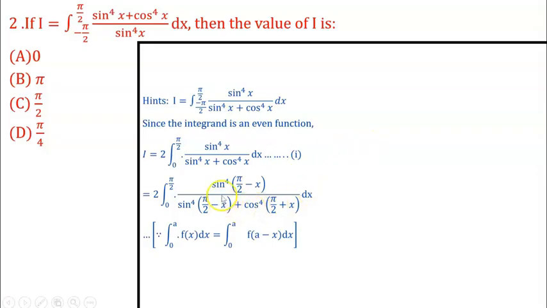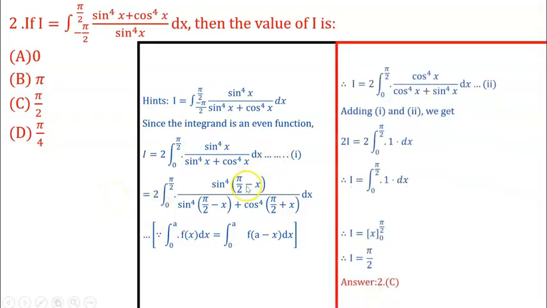Now next, replace this x by pi by 2 minus x. Then with the help of the property, integral 0 to a f of x dx is equal to integral 0 to a f of a minus x. That is, here we have replaced x by pi by 2 minus x. But what is the sine of pi by 2 minus x? It is cos x, and cos of pi by 2 minus x is sin of x. Therefore our integral becomes